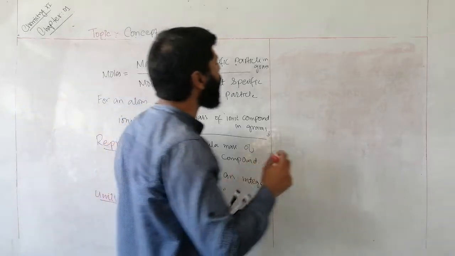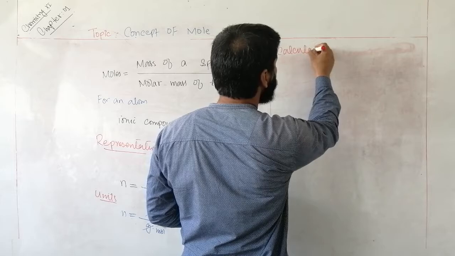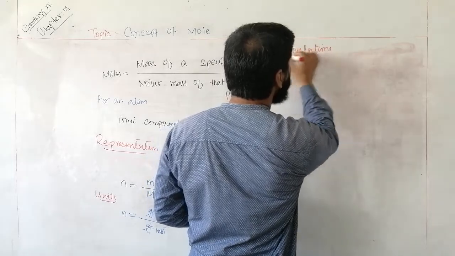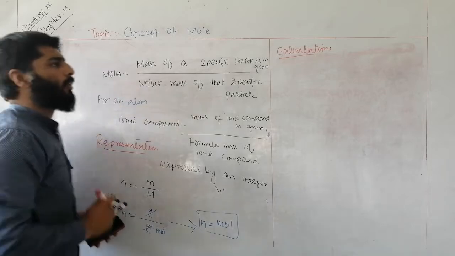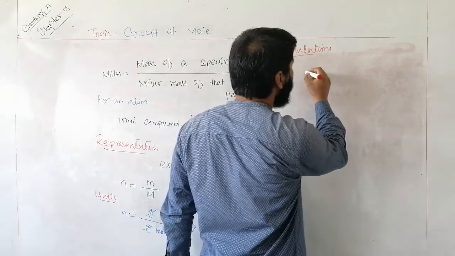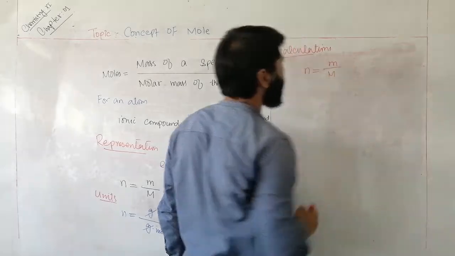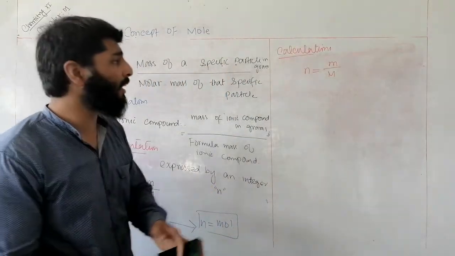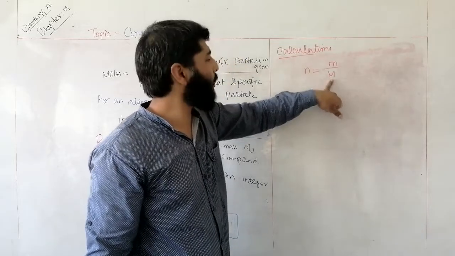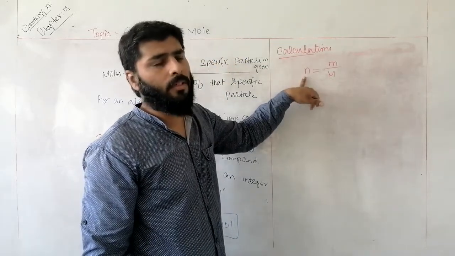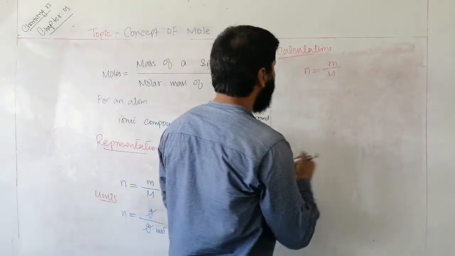In order to perform calculations regarding the moles, students, as we have seen, moles n will be equal to mass over molar mass. So if you are given the mass of a substance and molar mass of that substance, you can find the moles. For example, you have a problem that says calculate